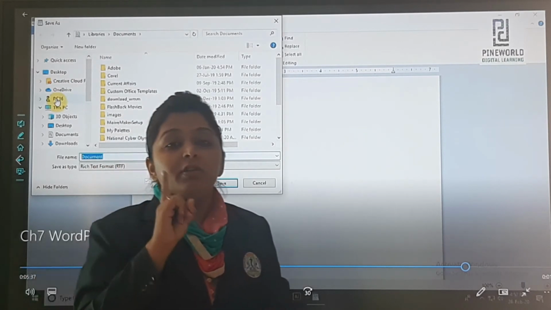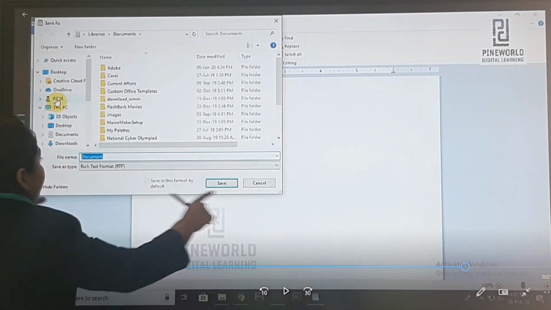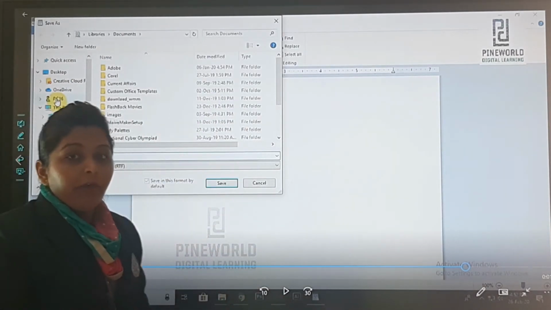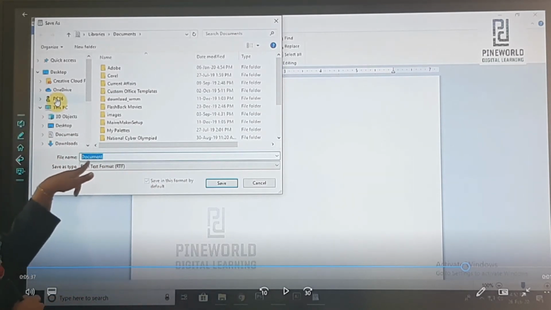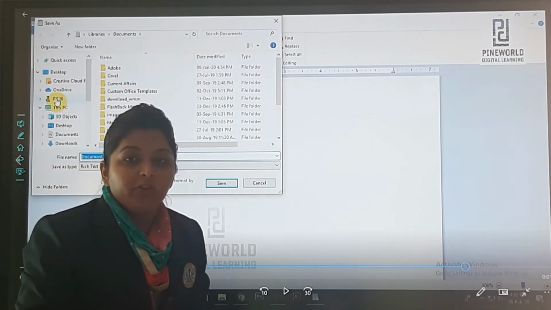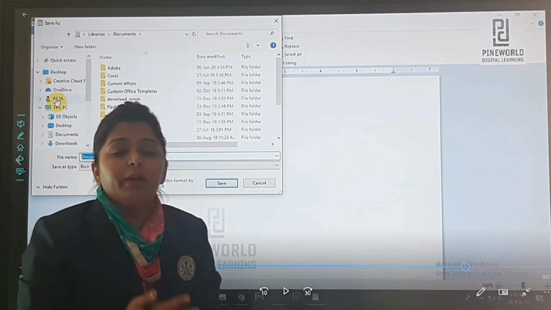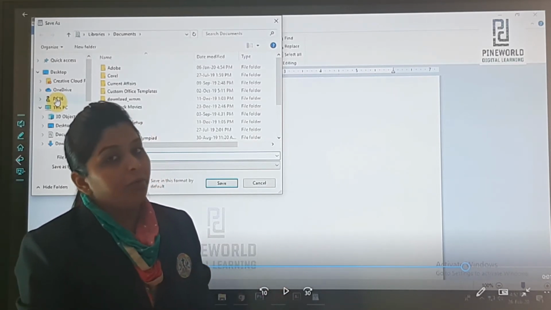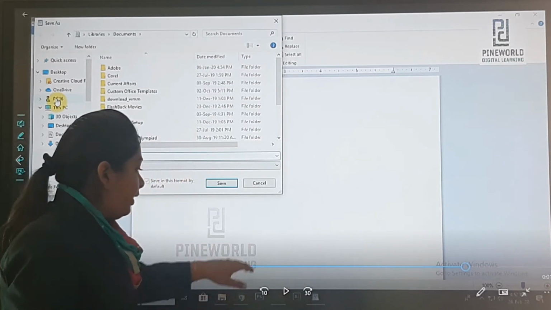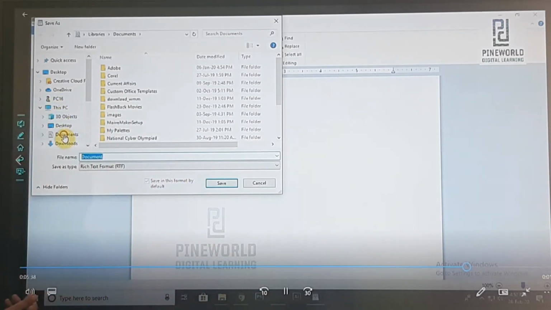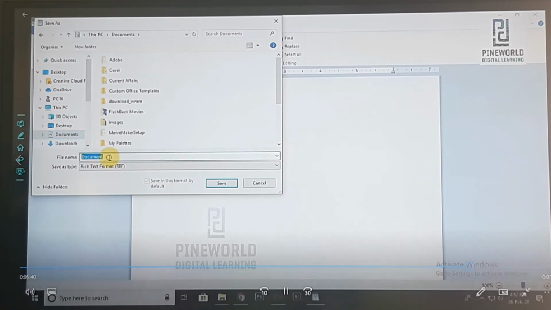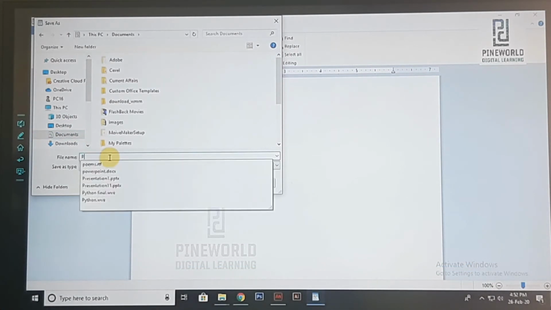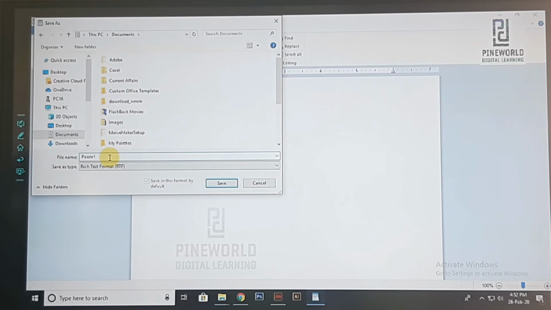When we click on the Save option, this type of dialog box will appear. And here we have to name our file. For example, if it is a poem, or you can name it with your name like Raj, Riya, anything you can keep as your file name. Okay? File name box. Type a name for your file. Click on the Save button.